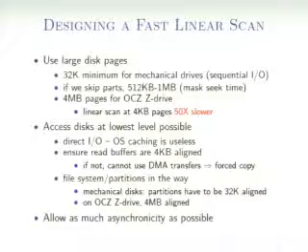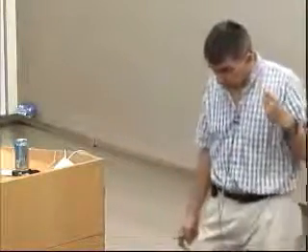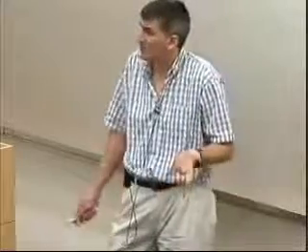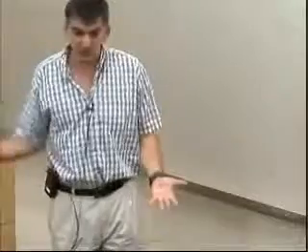Okay, so an interesting question is, how do you design a fast linear scan? It turns out to be non-trivial, especially if you really want to push it to the limit. One of the least understood things is that the page sizes when you read from the disk have to be large. We just bought those $100 hard drives that do 150 megabytes per second. Well, it turns out that if you don't have pages at least 32 kilo in size, the difference between a 32 kilo page and a 4 kilo page is a factor of 4. You're losing it because you have the page too small. And that's because of the controller on the disk.